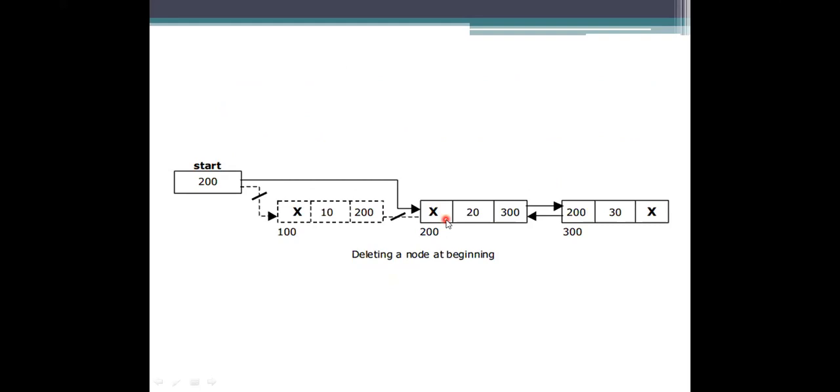Because initially it will be 100, because it is storing the value of the previous address. But we are deleting this node which is at the starting point of the list.